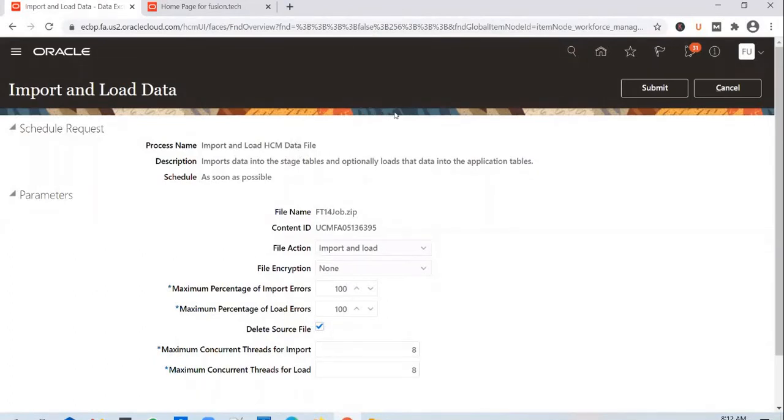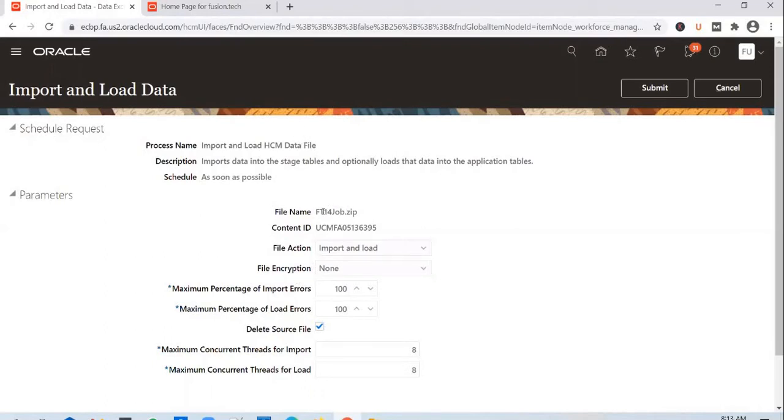We have seen how PGP encryption and decryption works already, in the BIP report session, right? We're not going to get into that encryption again. But if the HCM data file contains sensitive information, the client might encrypt the data file with a PGP public key, and will pass on the PGP private key to you. And you will be using that PGP private key here to decrypt the file.